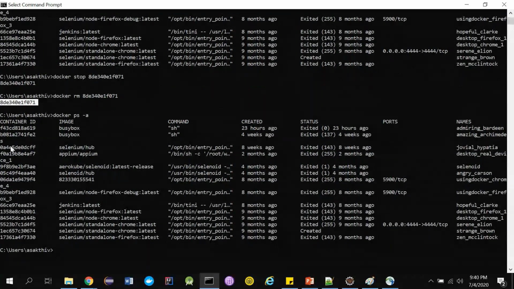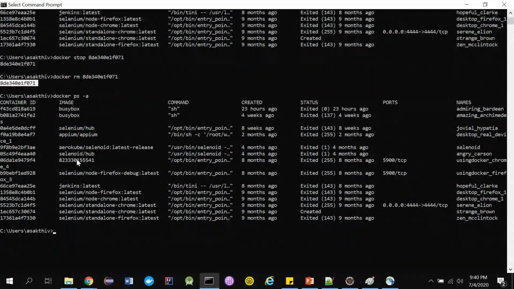Suppose you want to kill multiple containers at the same time, you can give some space and add multiple container IDs. You can also stop and remove a container not only with the IDs, you can also use their names. Suppose I want to remove this particular container, I can use docker rm, and not only the container ID, I can also copy the name and give the name of the container.